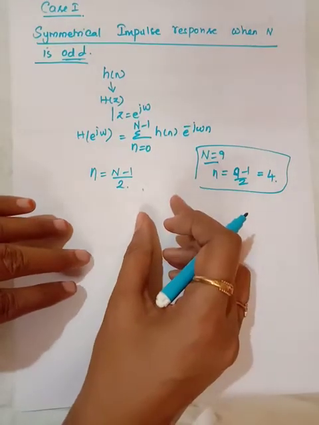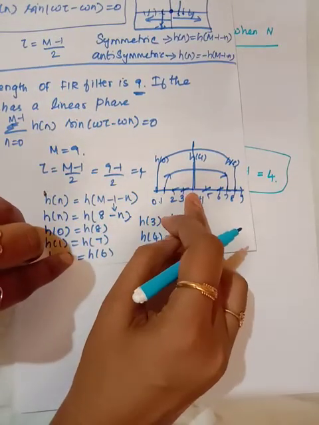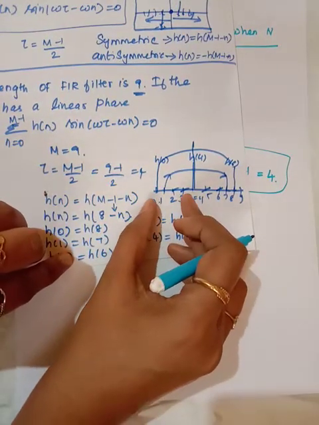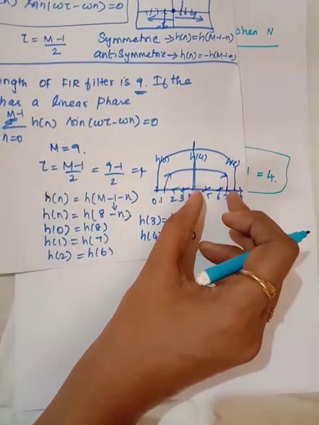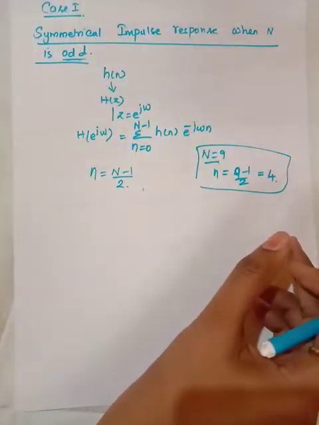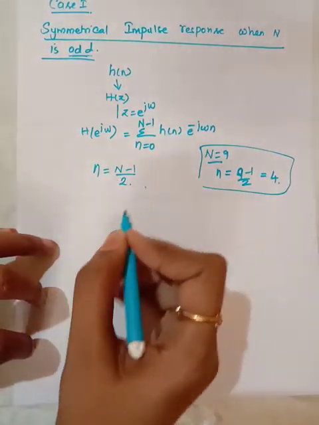One contains the center of symmetry, the next portion contains like this. Okay, first we need to have a center of symmetry, then we have to have the samples before this, then after the sample of the center of symmetry. Okay, so in order to do this, this center of symmetry lies at (N minus 1) by 2, right?